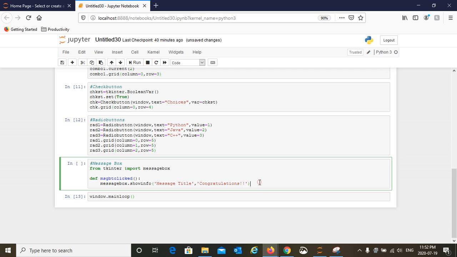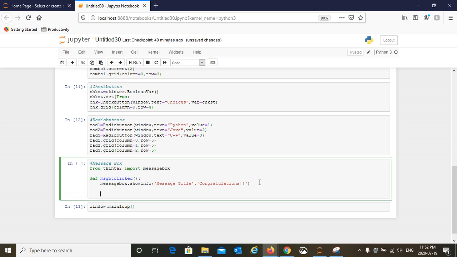Okay, and let's create our third button. Button 3 is Button, window, and over here the text is going to be, let's say, are you done, and command is going to be this function.